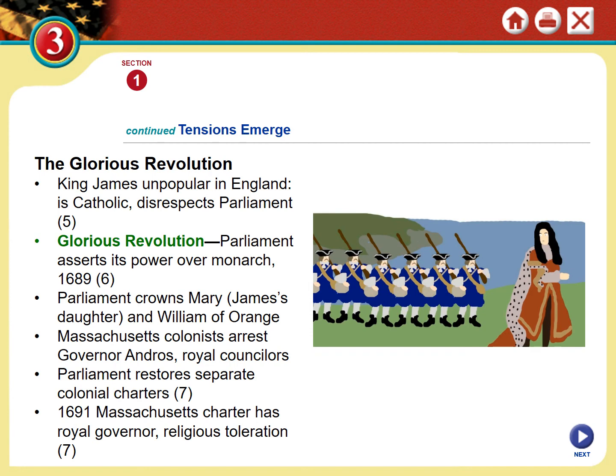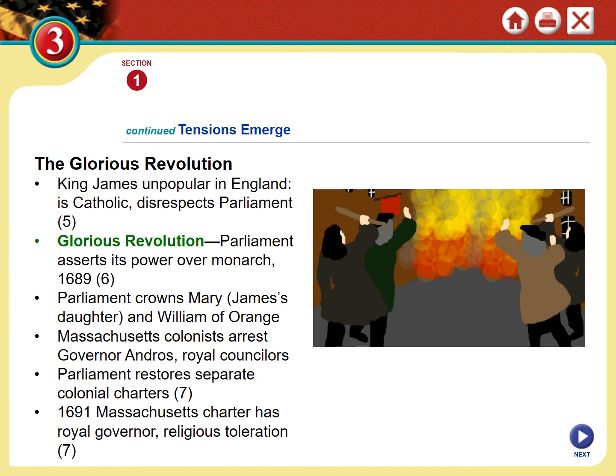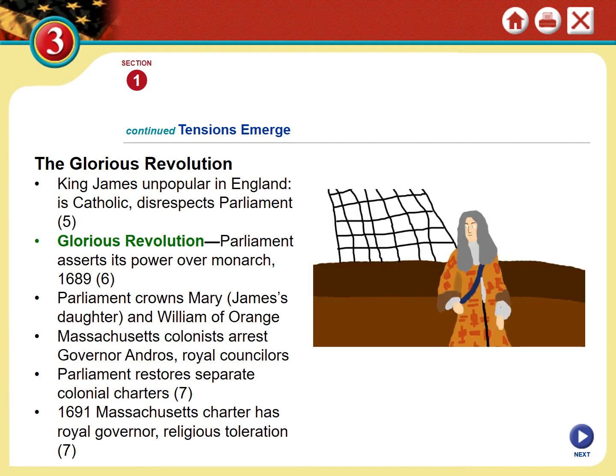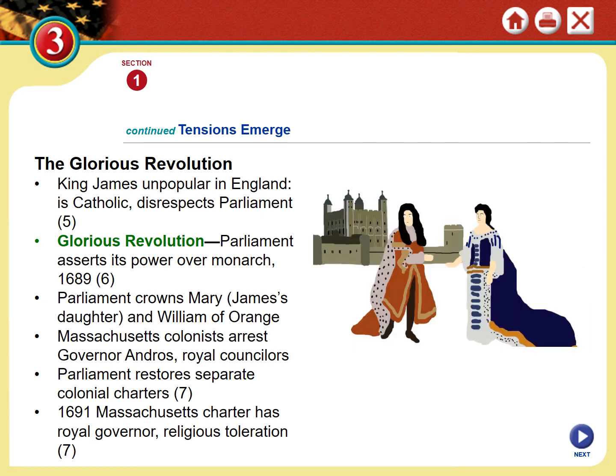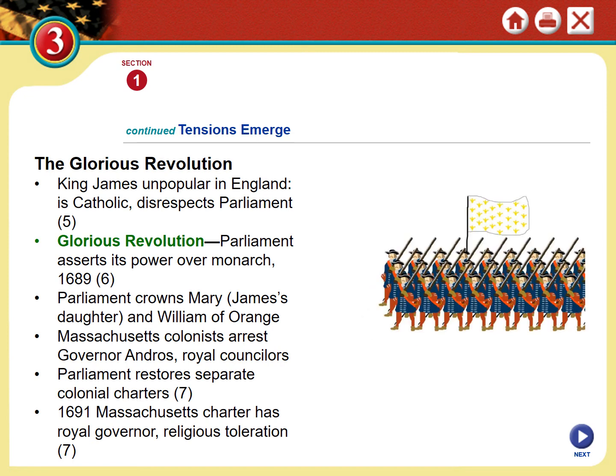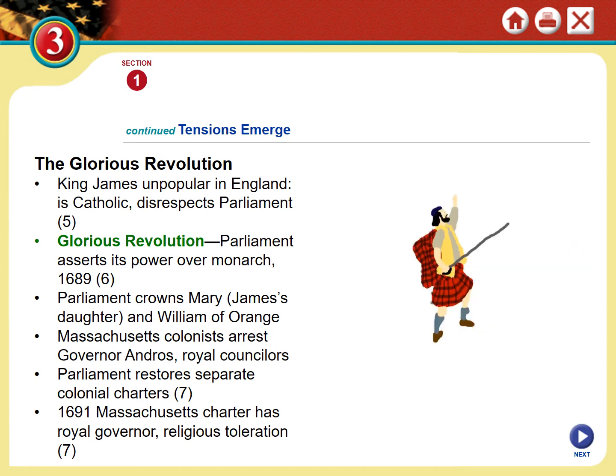Meanwhile, Parliament, now controlling England, restored the colonists' form of self-government, which is what we're calling these separate charters. Because New Jersey had its own charter, the Massachusetts Bay Company had its own charter, Rhode Island had its own charter, etc. And so all of these places had their own separate agreements with England until King James tried to force them all to be under the rule of this one person. The colonists rebelled by putting this governor in jail.